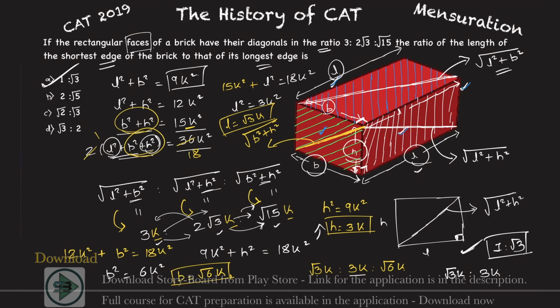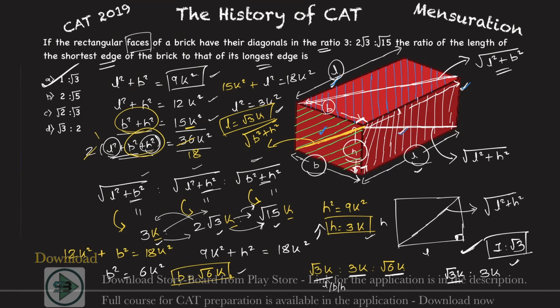Because eventually you are just seeing a logic that one diagonal, another diagonal, and a third diagonal, the three diagonals, are in this ratio. So one diagonal has this value, another has this value, and the third has this value. So one side will be this, one side this, and one side this, such that the ratio of the sides will always be this. I don't care if this is length, breadth or height. The ratio of the longest to the shortest will always be 1 is to square root of 3, and that's what I am concerned about here. Which side is what, I don't care for that in this problem.